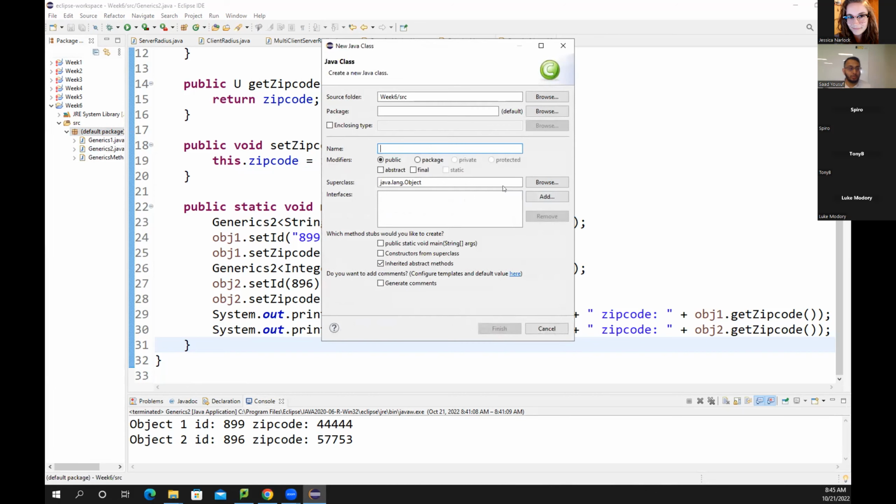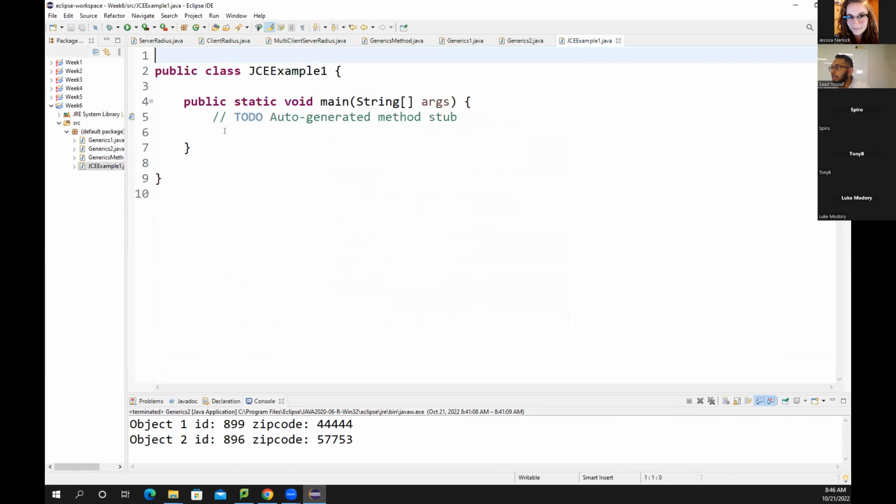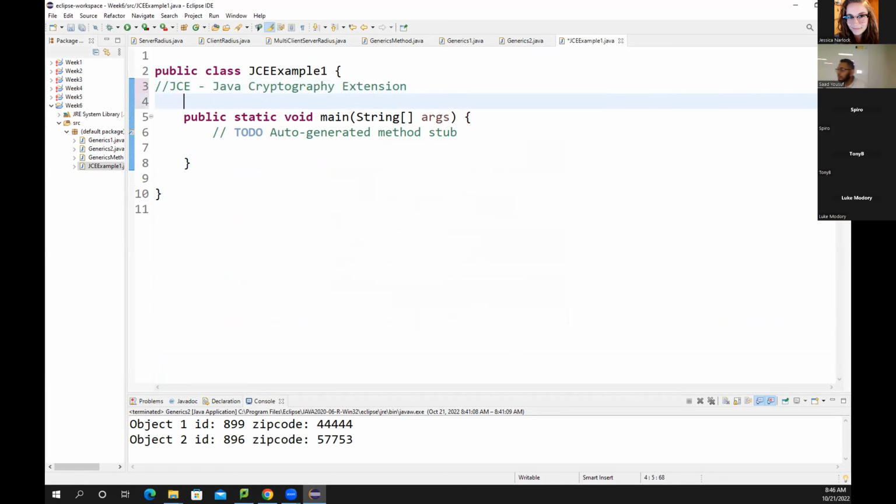So our first class will be JCE example number 1. And let me briefly write here. JCE is Java Cryptography Extension. So what it does is it provides framework and implementation for generating key